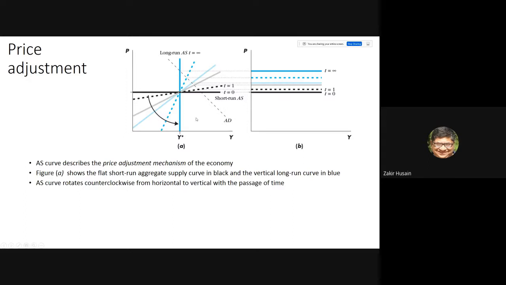Now, what is the logic? How we interpret it is different. Do you understand what I have drawn over here? Sir, what is T here? T is time. So that means as time is flowing, the curve is rotating like this. Initially, we had this line, t equal to 0. In the next period, we had t equal to 1. Third period, this is the supply curve, then this one. And finally, we come to this.